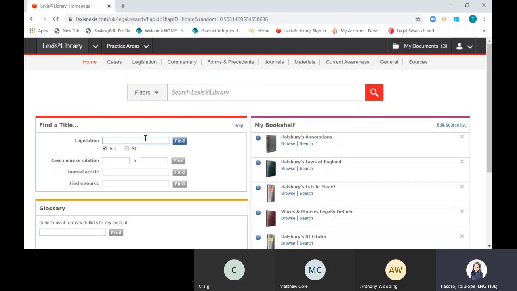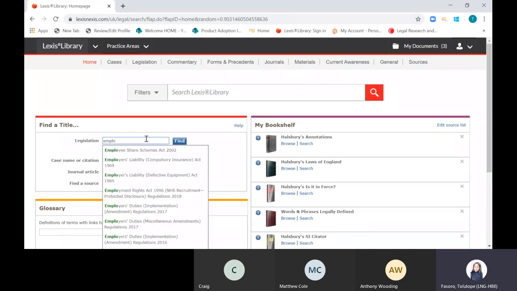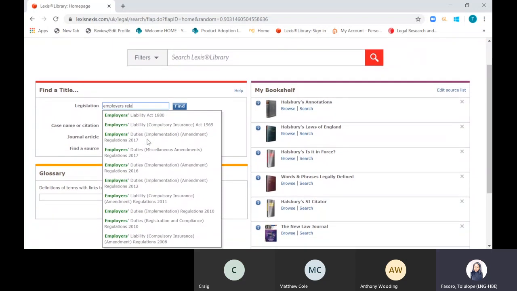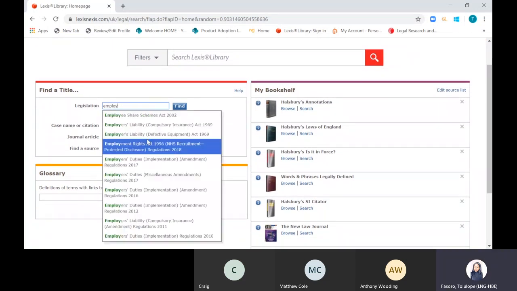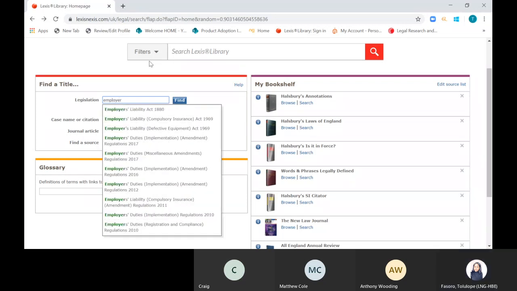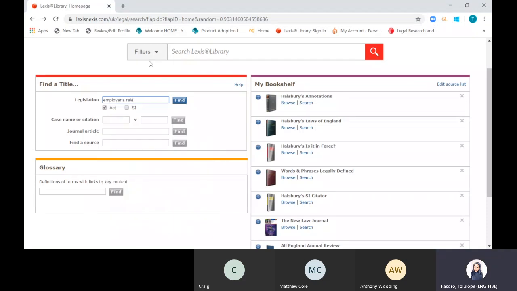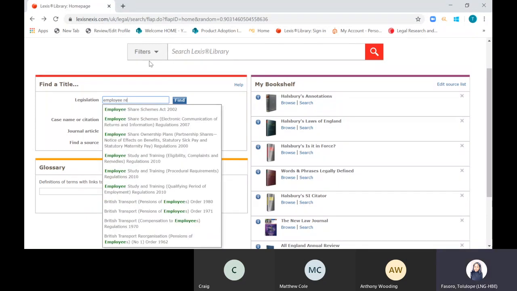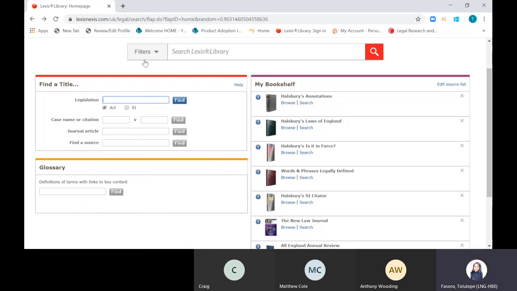So let's say we want to find maybe the Employment Relations Act 1996. Okay, so I can go into that. Come back. The legislation. So if I say the Law of Property Act,